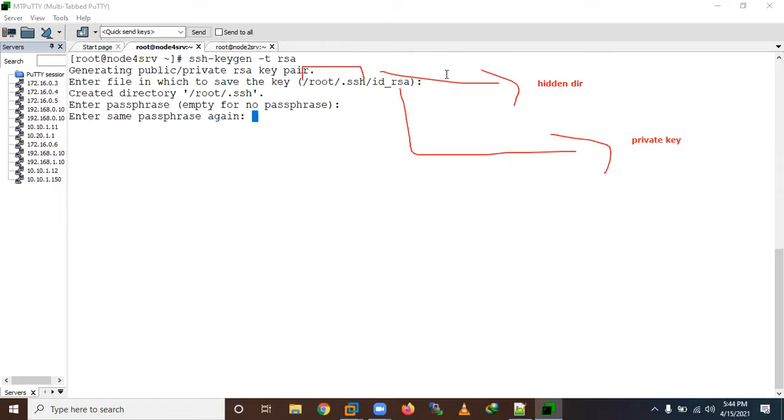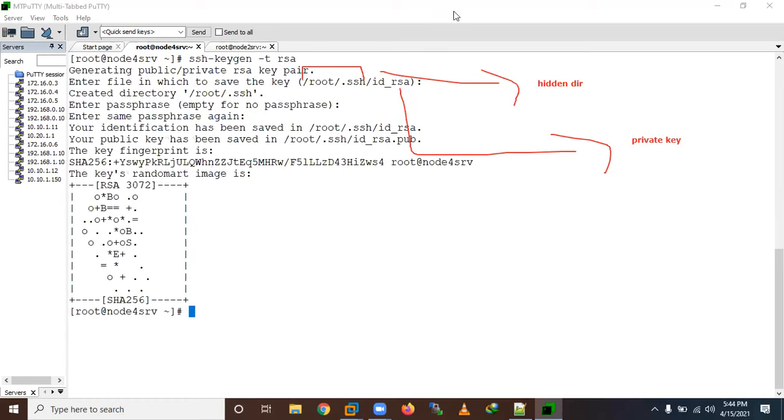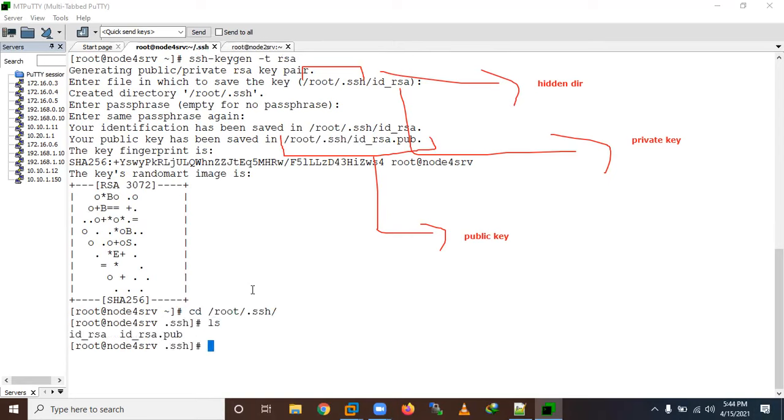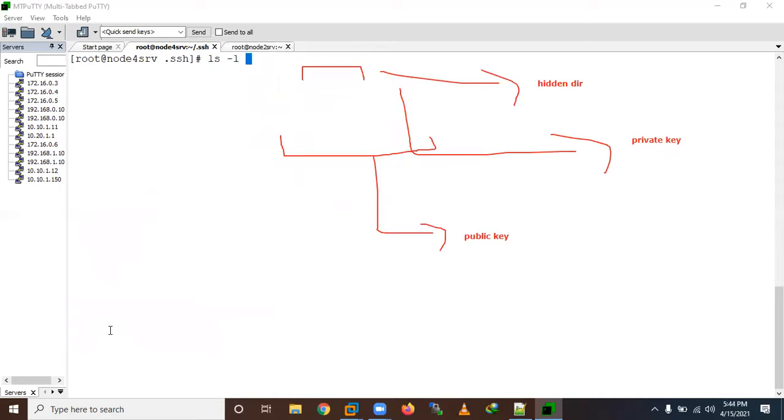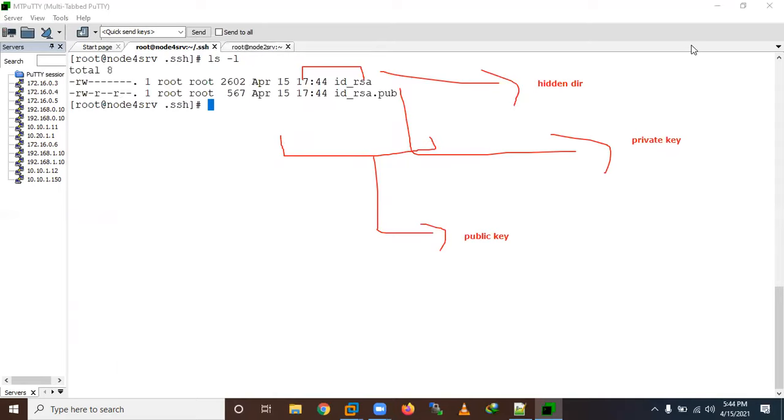Let me do it again. Now it has created a public key also. This is the public key. Let's go inside with cd, and you will see two files have been created. Run ls -l.